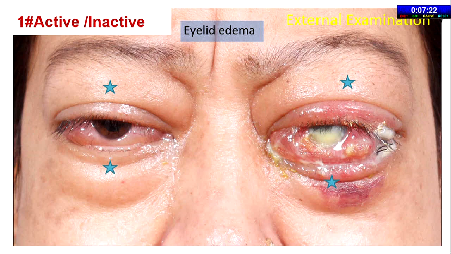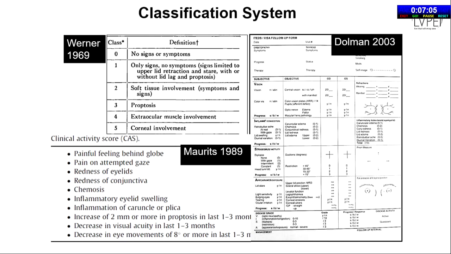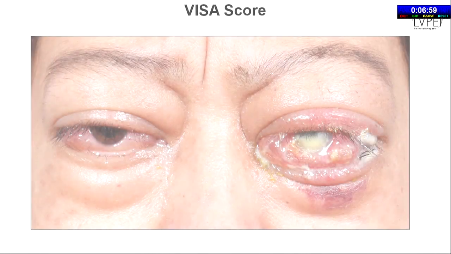Essentially, when you are trying to put a patient into a classification system, you always kind of wonder which eye to take. You should be taking the worst eye. But do you take the worst eye, or the other eye? There are so many confounders. We know about several classification systems that exist, but all of them have their own challenges. So essentially, this is what we do.